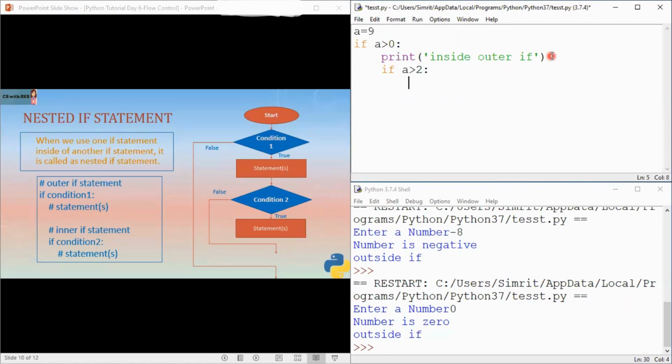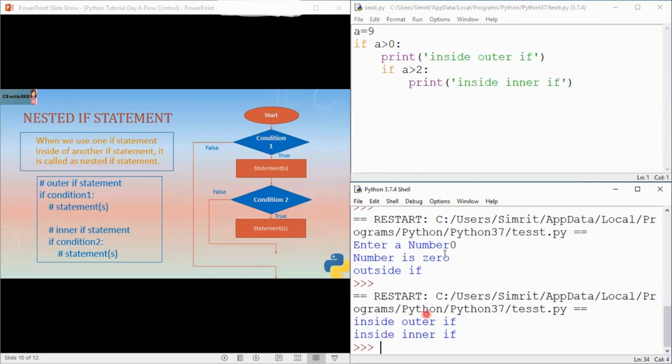Now indentation has come automatically. Then print "inside inner if", and I'm closing, and when I come out and execute, running this module,